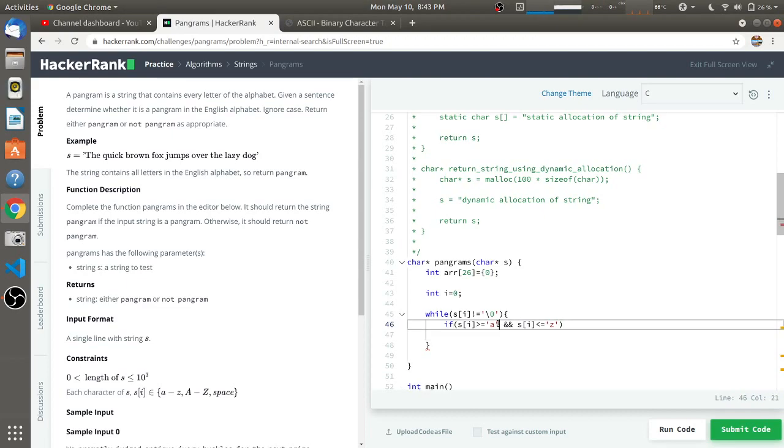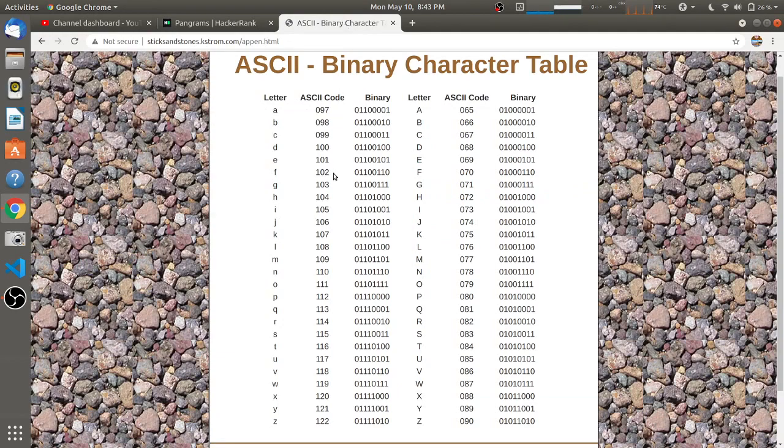This small a will convert into the ASCII value of small a, which is 97, and small z will convert into 122, which is the ASCII value of z.